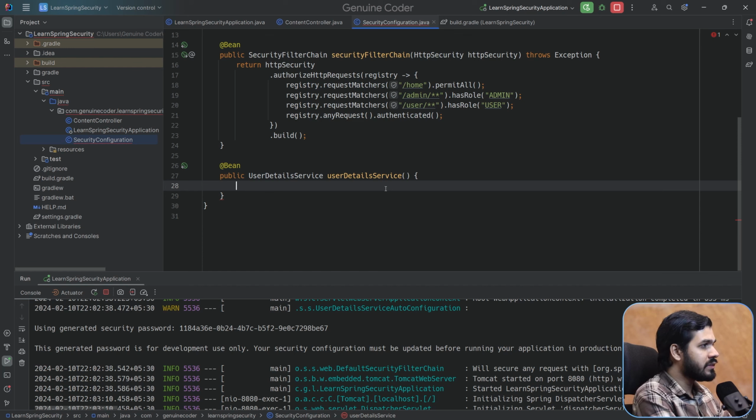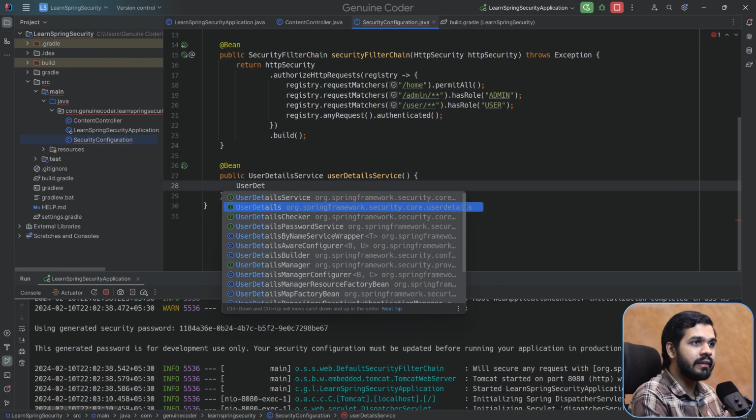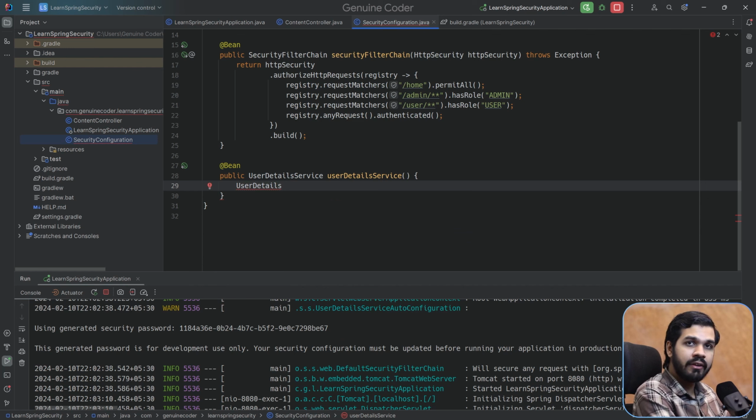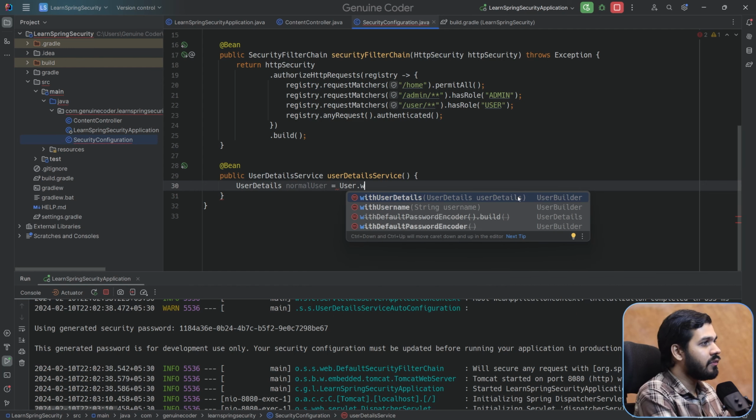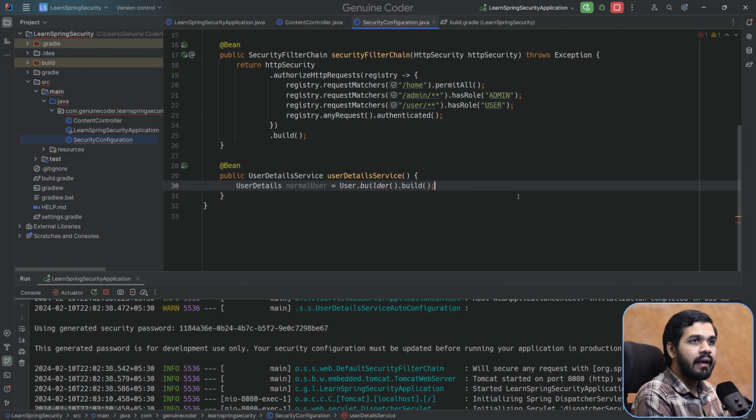So let us create our first user. The first one is user details. I will create a normal user first. So normal user equals, use this user, Spring Security core userdetails User dot builder, and here we can provide all the necessary details